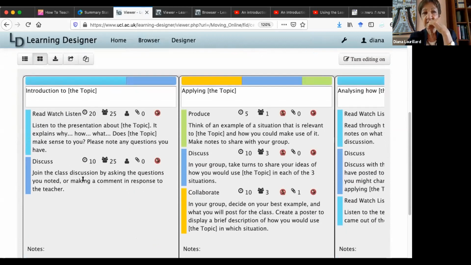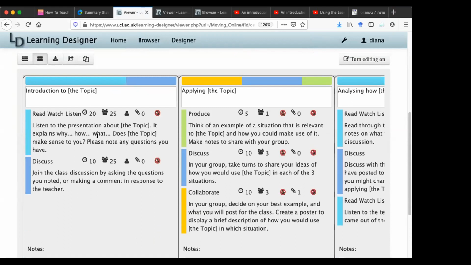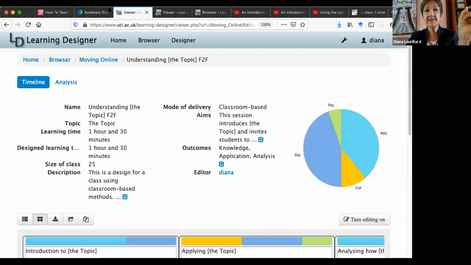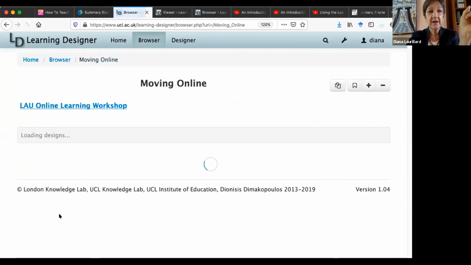So this one is similar in the way that it says, listen to the presentation about the topic. It explains why, how, and what, and then you fill in something appropriate. Does the topic make sense to you? Please note any questions you have. So this is quite different from what would have happened if you'd been looking at